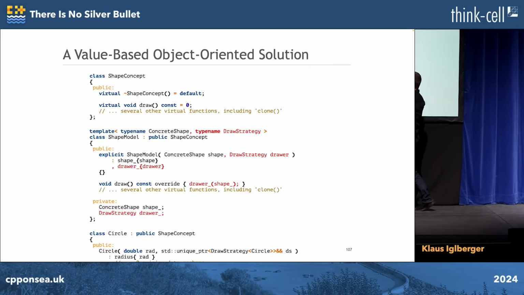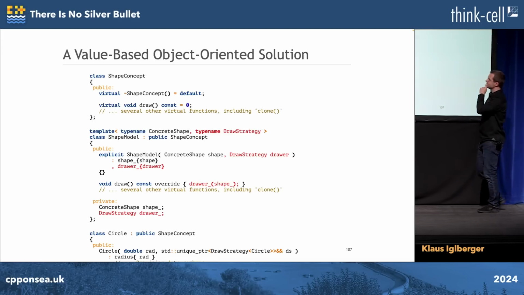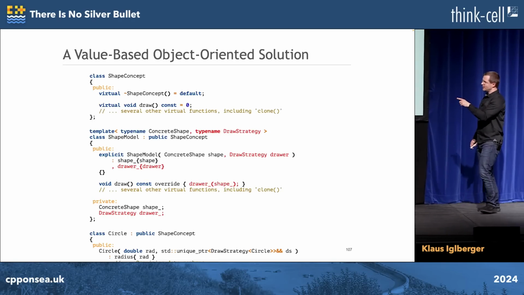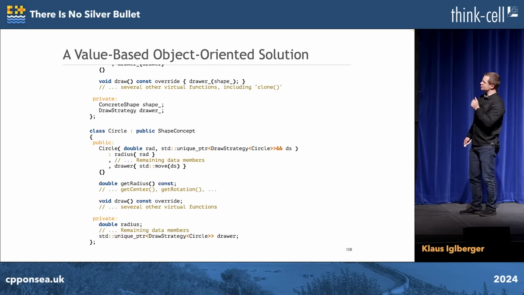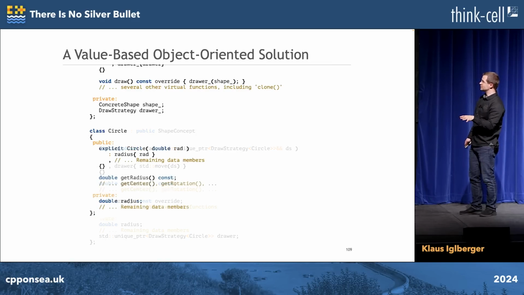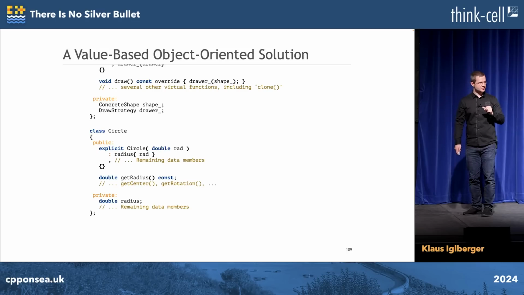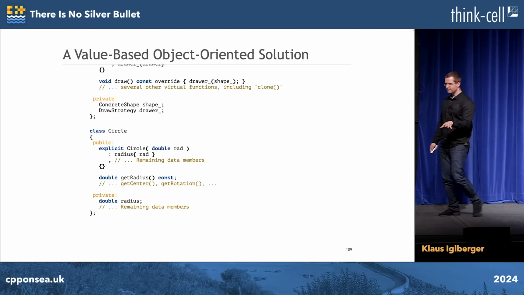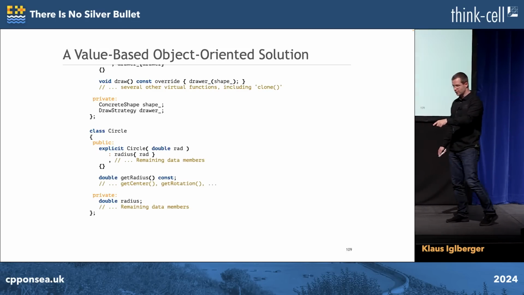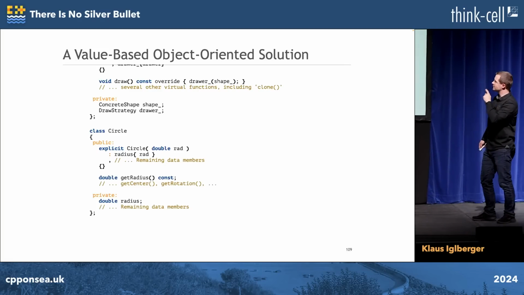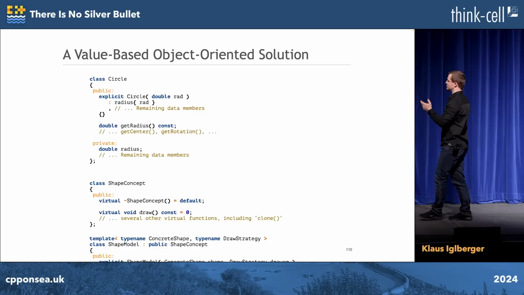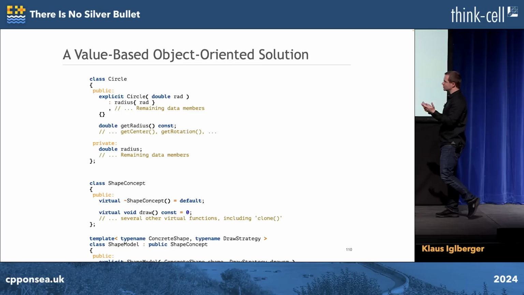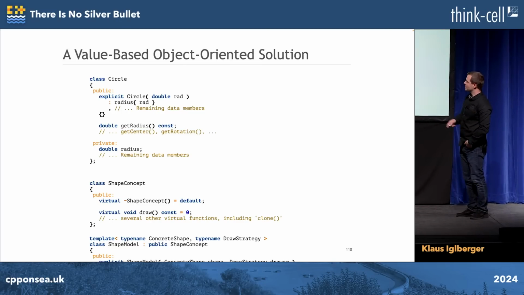All right, now that we have this shape model class that pretty much can do what the circle can do, we can potentially just simplify the circle. So we just strip circle of everything that has to do with the shape class and drawing, which makes it much simpler. That's all we now need. And yes, that's the circle that you've seen before, the circle that we've used with this variant approach. All right, because there's no dependency anymore, I can also move this up. It could be anywhere, so no strong attachment.